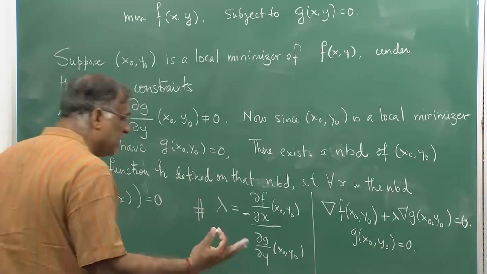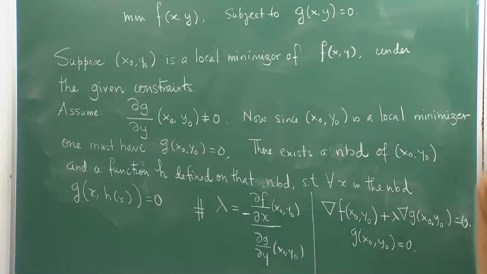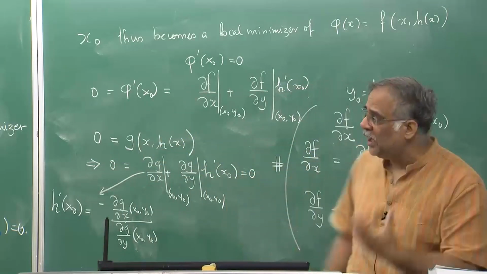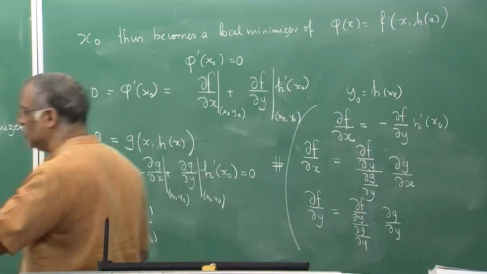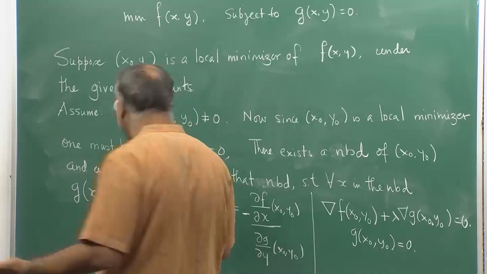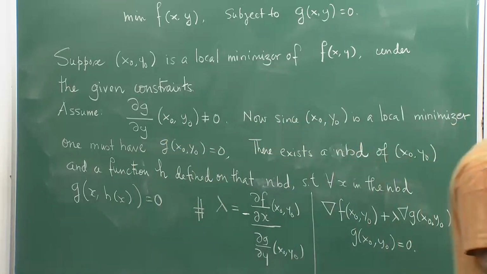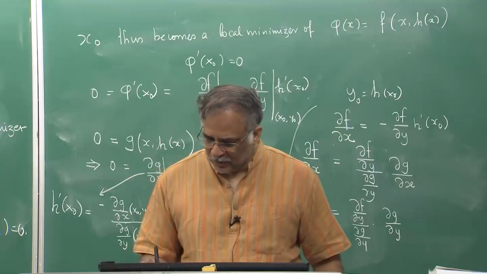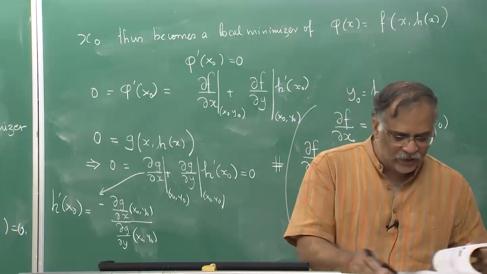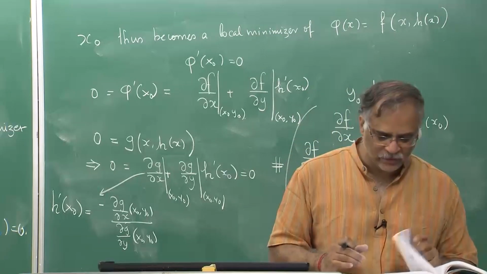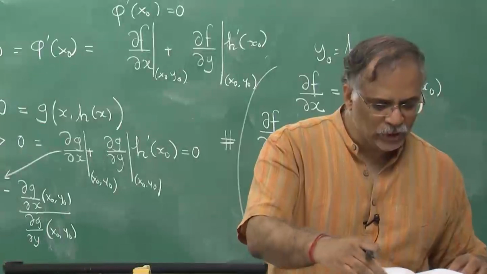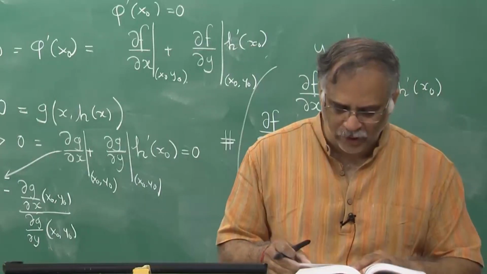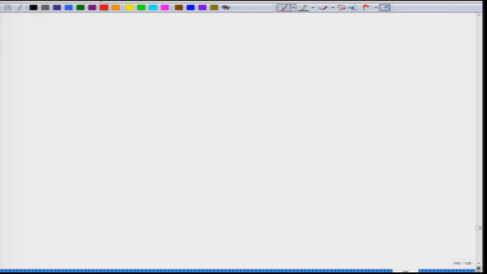So, this is the Lagrange multiplier rule, it shows the existence of the Lagrange multiplier, and the Lagrange multiplier comes from the implicit function theorem, and that is the key idea that one has to keep in mind. And so, let us do an example here, and through that example we solve this problem. Okay. So, let us take one example and then try to see what we can get from the Lagrange multiplier rule. You can go to higher dimensions also, but I am not getting into higher dimensions with you at this moment. So, take a simpler problem, minimize